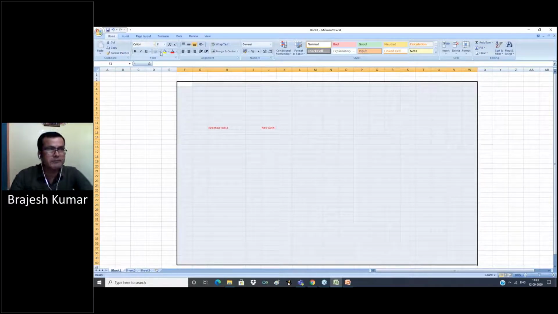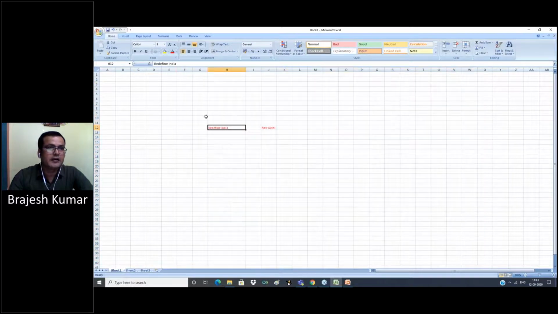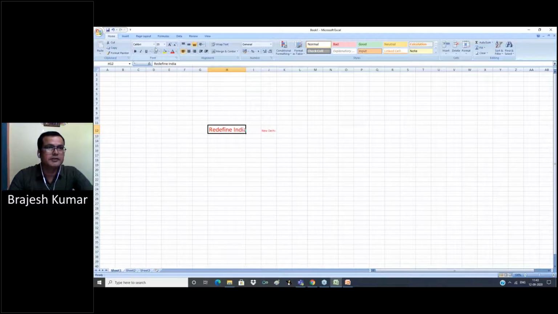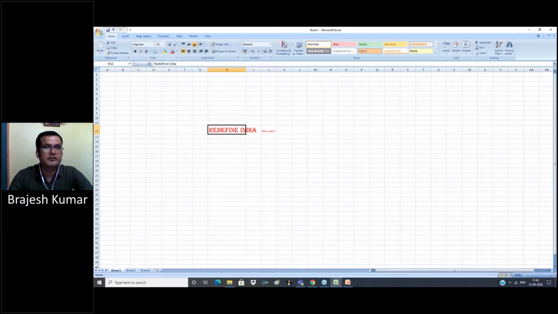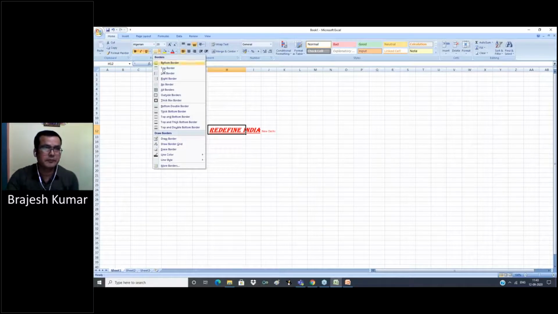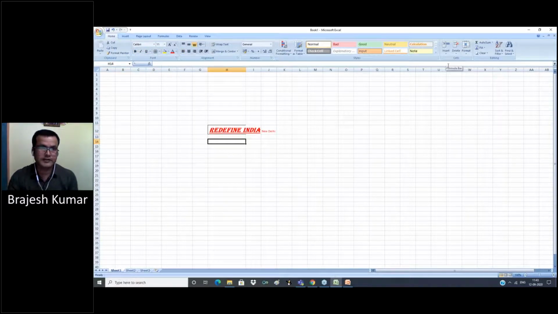Now these are all for formatting your data. You can increase your size to 20, or change your text to bold, italic, underline, and give borders, all borders. If we write something, now apply a border to it.